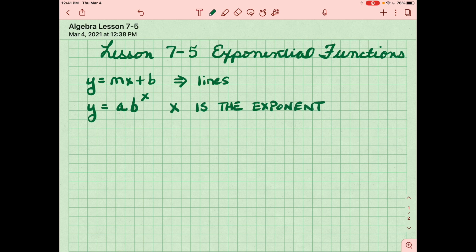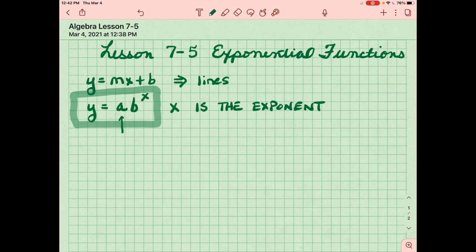These are really interesting situations, especially if we're dealing with money or bacteria or radioactive material or things like that, and we'll talk about that as we go along. But these do not make lines. They make very interesting equations. Let me show you a little more about this. By the way, this is our key concept 1. And what you need to know about this is